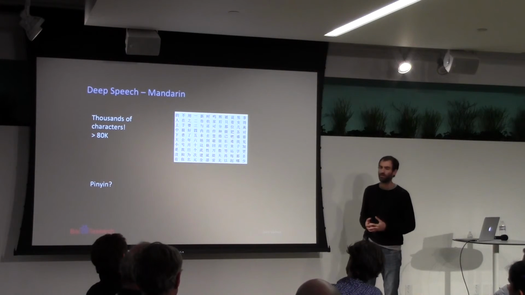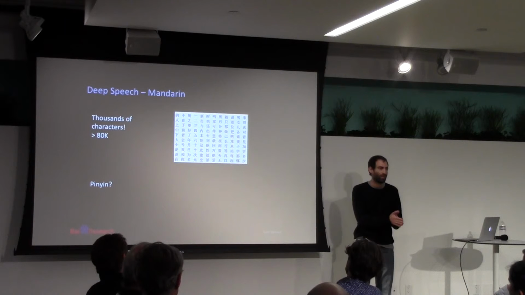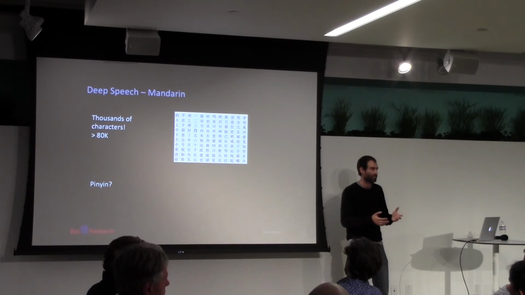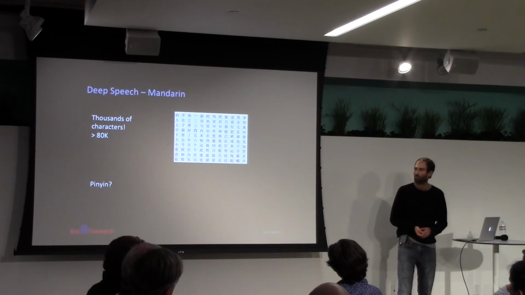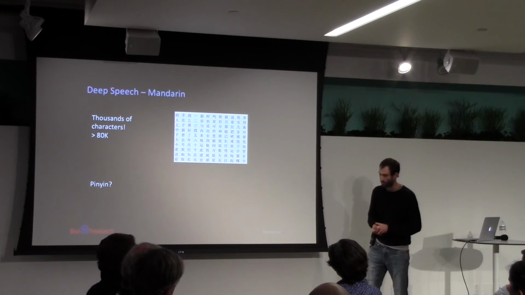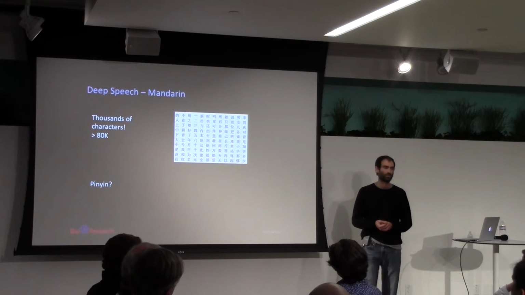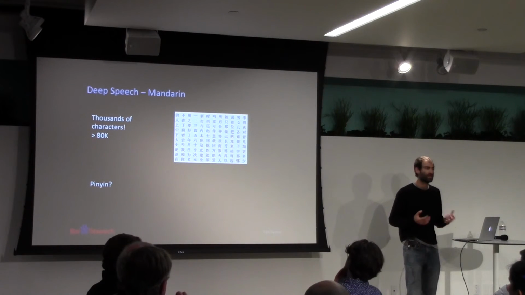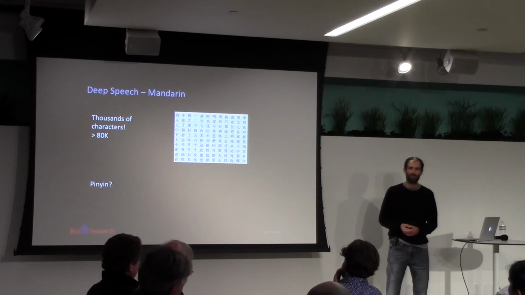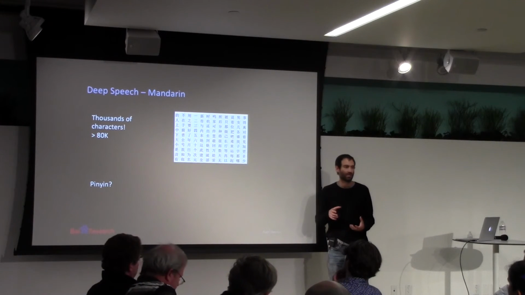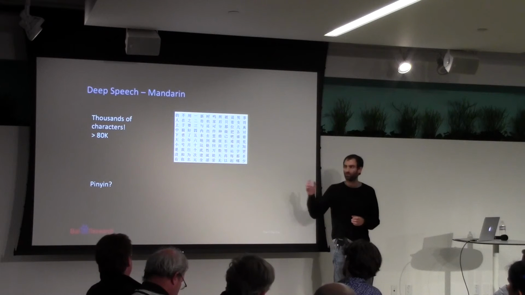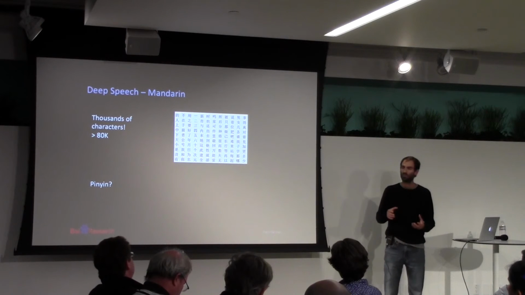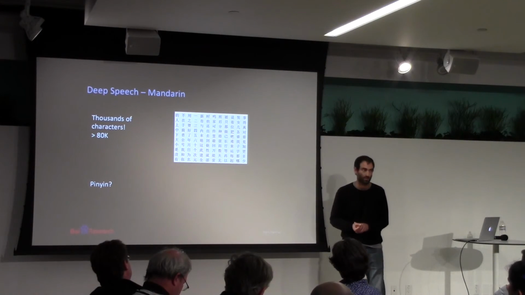The other problem with Pinyin is that even going from Pinyin to characters is tricky and not 100% guaranteed to be accurate. So we really didn't want to use Pinyin. Luckily for us, it turned out that if you look at the character set of what people say, 99.9% of what people might say is encapsulated by about 5,000 or 6,000 characters. So rather than using the full 80,000 characters, we used about 5,000 or 6,000, which consists of the things that people might say. And that basically covered all possible things for us.